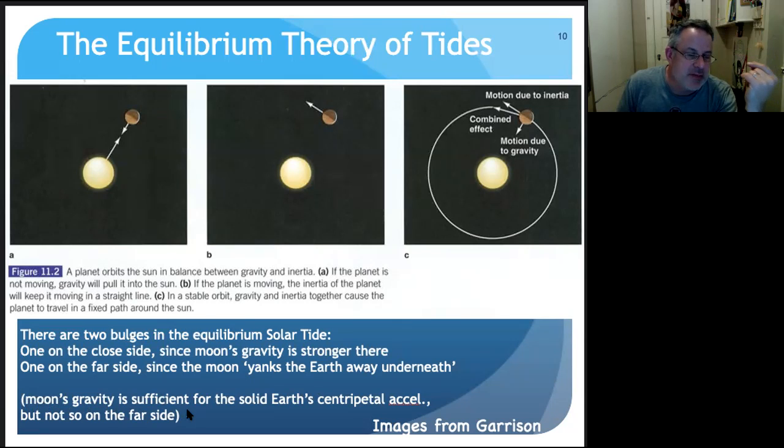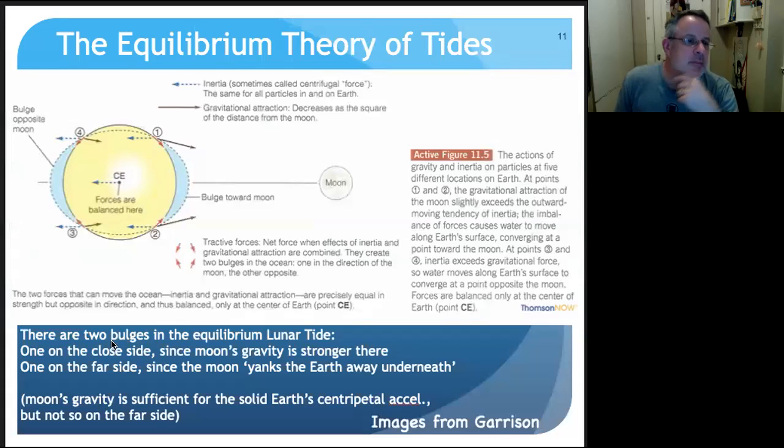The moon's gravity is sufficient for the solid Earth's centripetal acceleration, but not so on the far side. So centripetal acceleration, that's a little bit funny, but that's sort of trying to get at this inertial effect. It's essentially the centrifugal force, but in the plane not rotating with the frame of reference, not rotating with the planet. So we have this near side bulge, and it doesn't matter whether it's the moon or the sun,